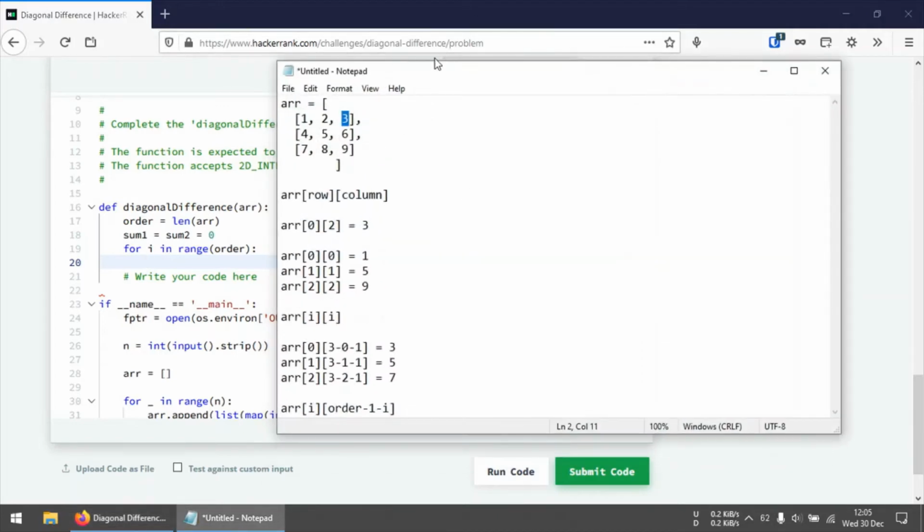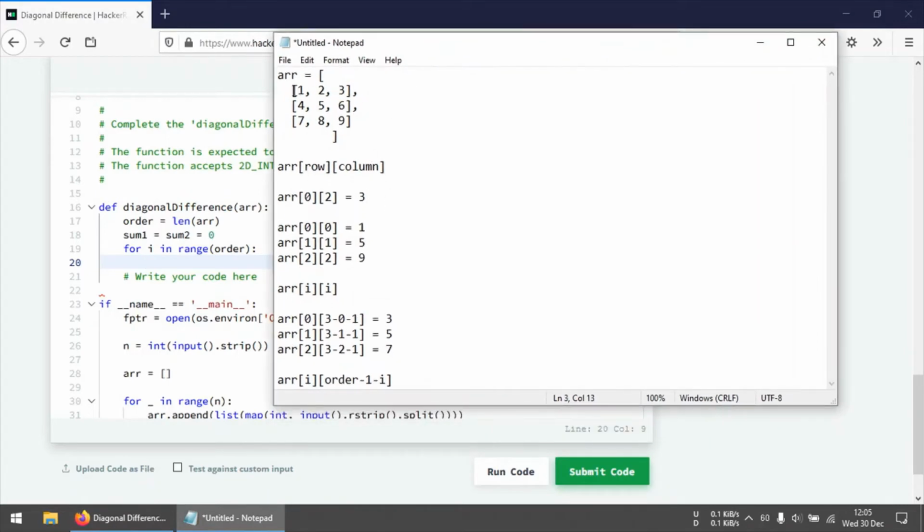And for that, as you can see here, the elements of the main diagonal are 1, 5, and 9. And what you can note here is that the index of the main diagonal elements for both the row and the column will be the same. For example, when the row index is 0 and the column index is 0, what you get is the first element of the main diagonal. Similarly, you can go on for 1, 1, and 2, 2, like that. You can start from 0 and go on till n for an n by n matrix, and the elements which you would get for that would be the elements of the main diagonal.